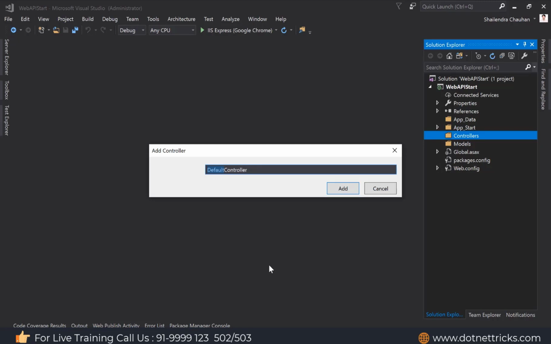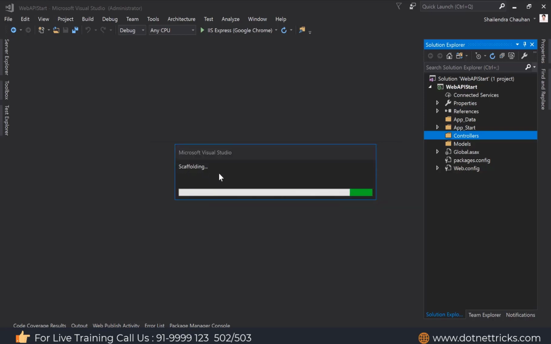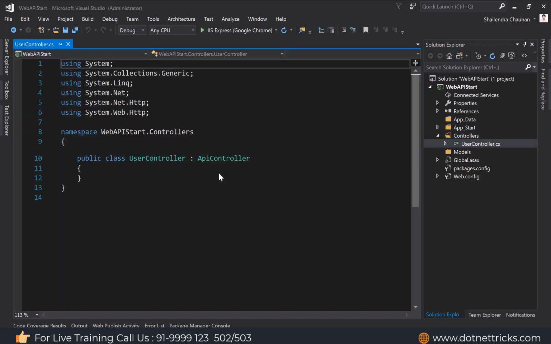So here we are willing to create an API for our user, so that we can perform the CRUD operation on a user. So let me define a user controller. The word controller you should put as a suffix so that you can understand it's a controller, but it's never counted in the name of the user API. Click on that button. You can see using scaffolding, it is generating the code for us.